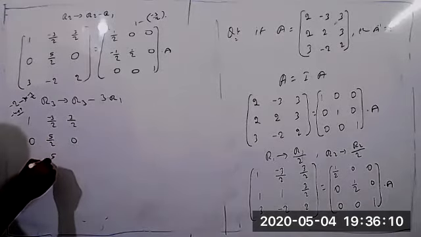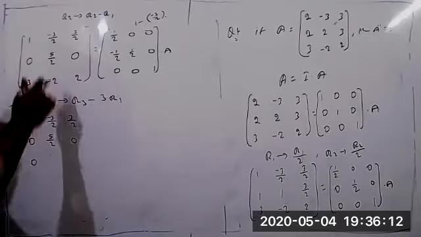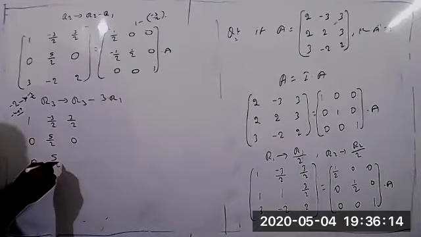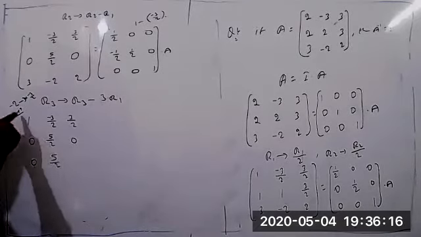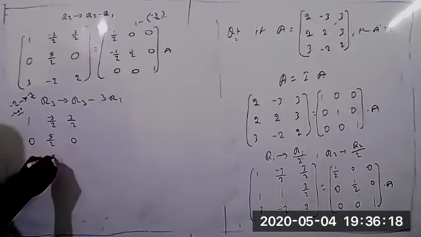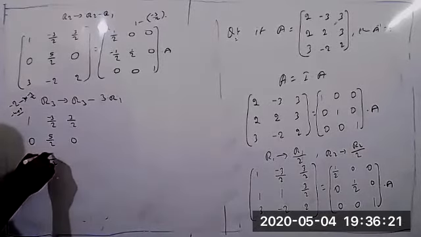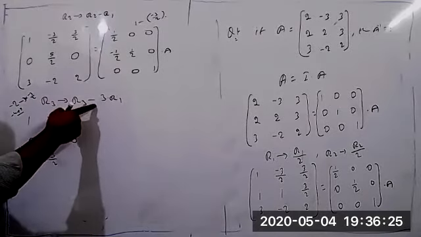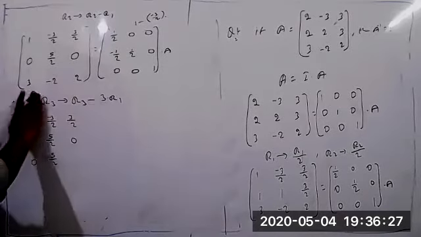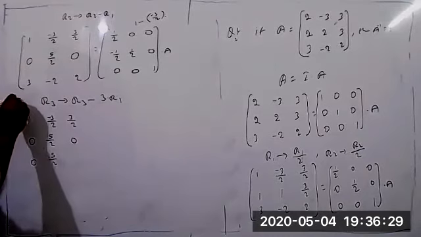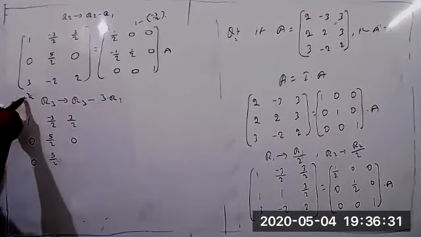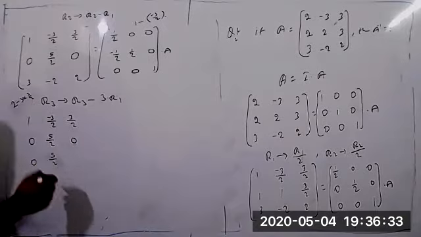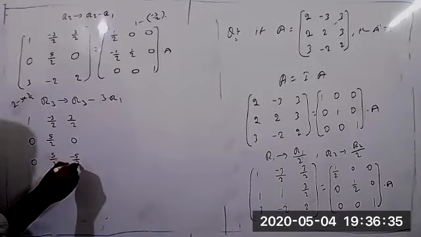Here this one you can write as is only, 5 by 2. 5 by 2. It's correct now. And this value, 2 minus 3 into this value again. So 2 minus 3 into 3 by 2. 3 3s are 9. So 4 minus 9 equal to minus 5 by 2. Minus 5 by 2.